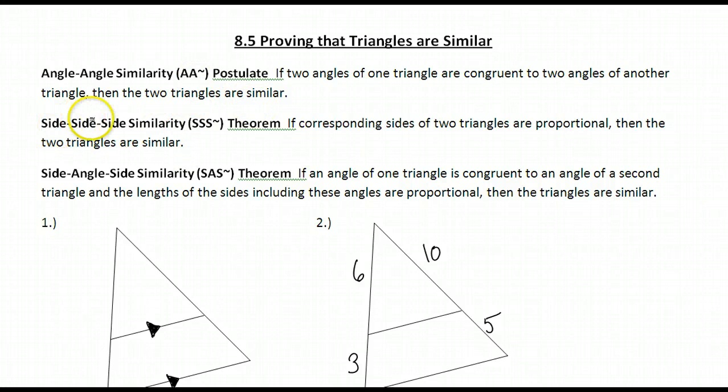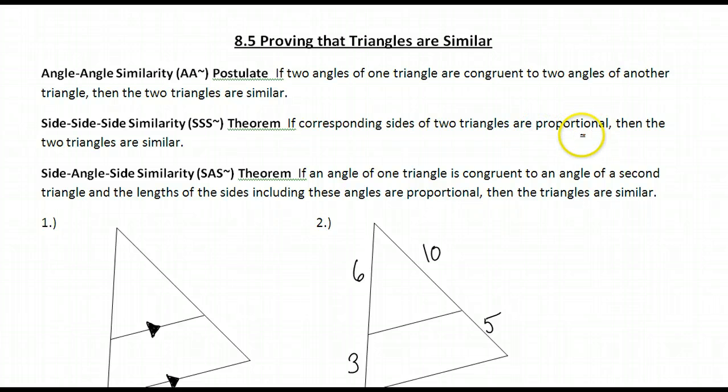The next way to prove triangles similar is the side-side-side similarity theorem. It states if the corresponding sides of two triangles are proportional, then the two triangles are similar. It's similar to the side-side-side congruence theorem, except instead of the sides being congruent, the sides just need to